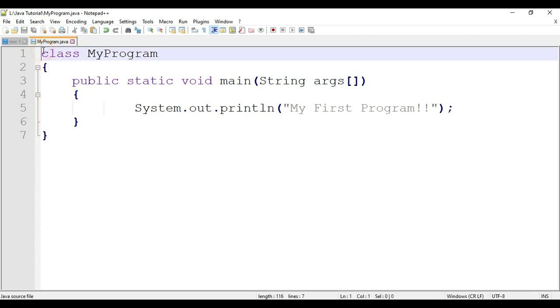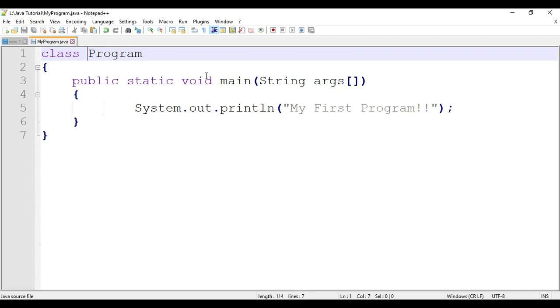One more thing over here, if you are adding the public keyword here, then you always have to save your file name with the same class name. For example, if I'm giving this as my program, I can save my file as myprogram.java. So I'll compile using what? myprogram.java, but when I run, I can use the class name, because I have given my class as what? Program. Let me give the class name as program only, and then I'll show you how to run if your class name and your file name are different.